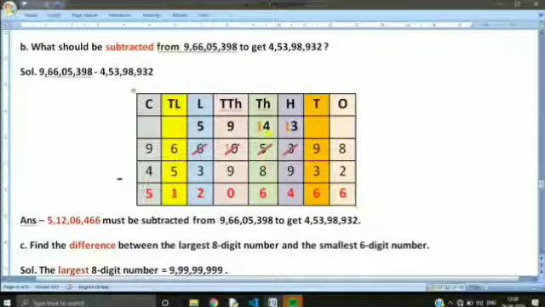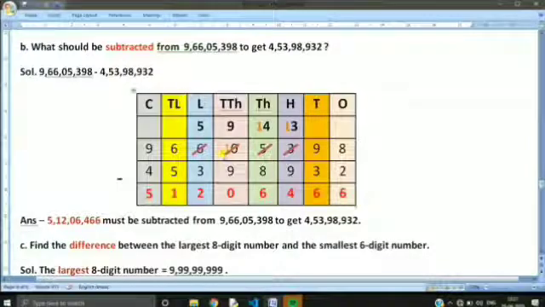Not possible. Again 4 will be going to the next column and asking to land 1. But since 0 is the value, 0 can't land 1 to the given number. So first 0 will be going to the next column, that is lakh column, and asking 6 to land 1 so that 0 can help 4. So here 6 will be landing 1 to 0, and then 6 becomes 5 and this 0 becomes 10.